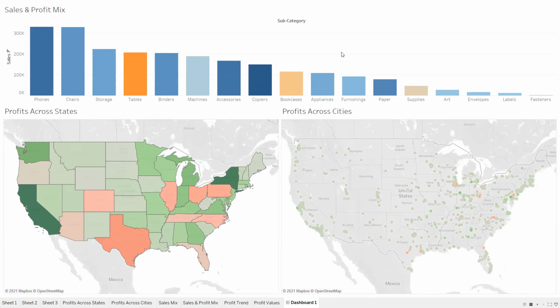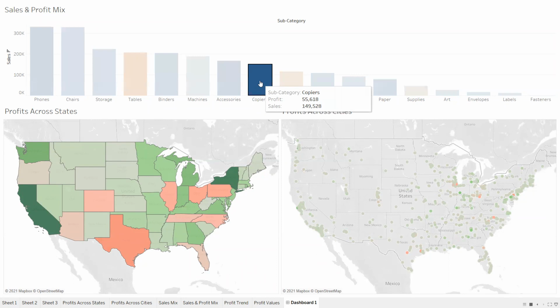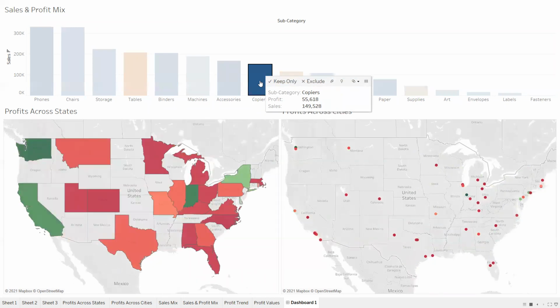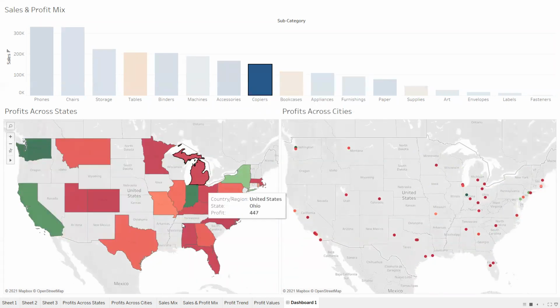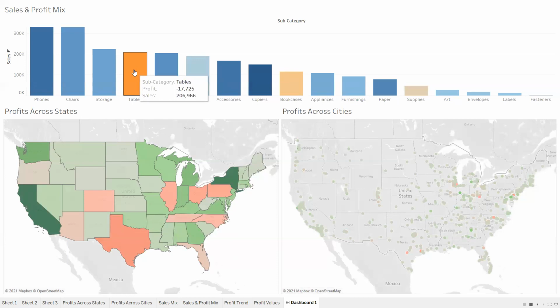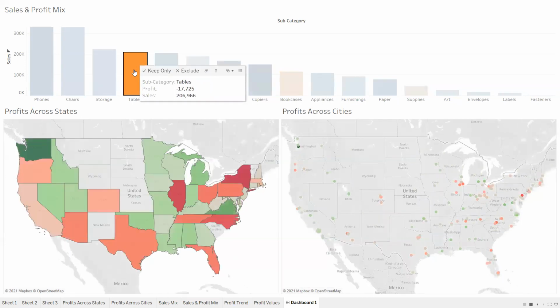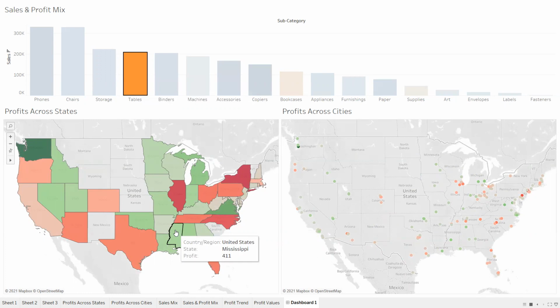Either I can check where I'm getting more profits, which gives me information, or I can be interested in the tables, which will tell me which one is giving me profits and which one is giving me a loss.